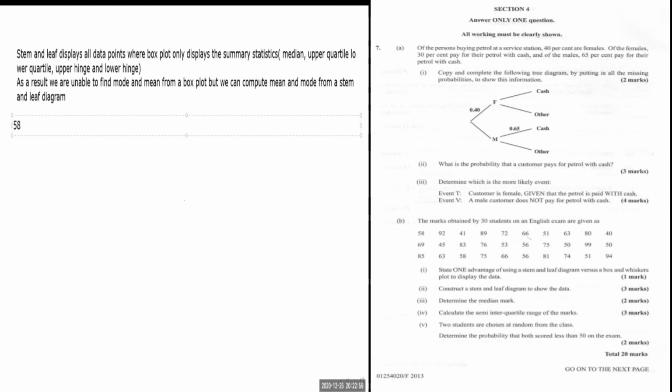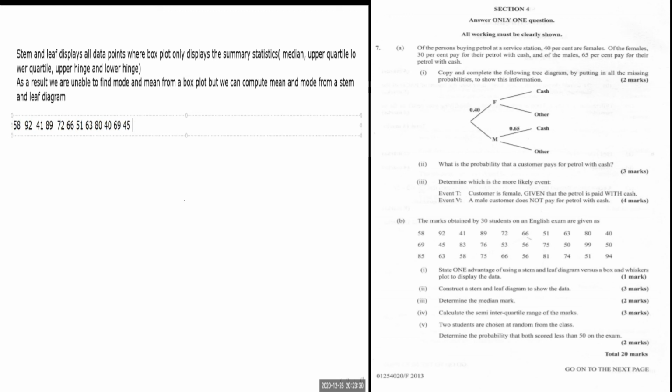As we see, it's 58, 92, 41, 89, 72, 66, 51, 63, 63, 80, 40, 69,